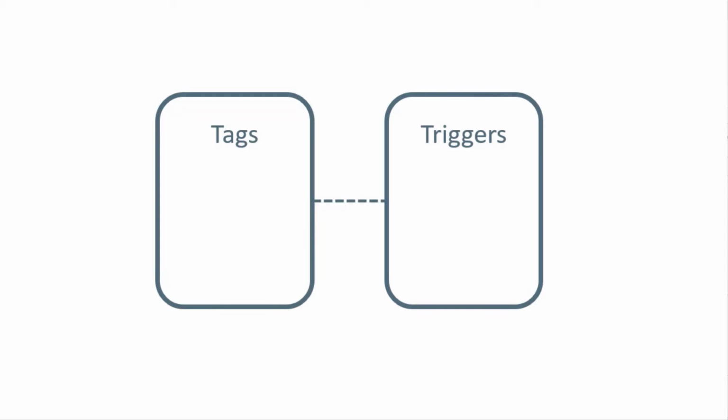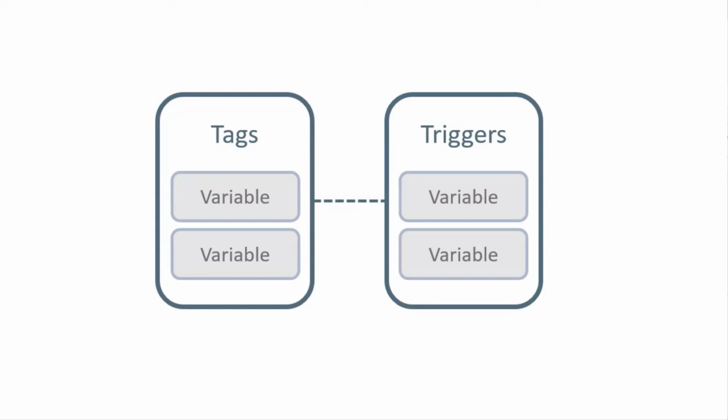And then there is a third component, which is called variables. Variables are little data points that you can use in tags or triggers. Sometimes variables might contain more information. Sometimes variables are even more complex functions. But in this case, you should start simple. So you can just think of variables as data points that can contain a single value or maybe a bit more complex, but still some information, some data or some configuration.